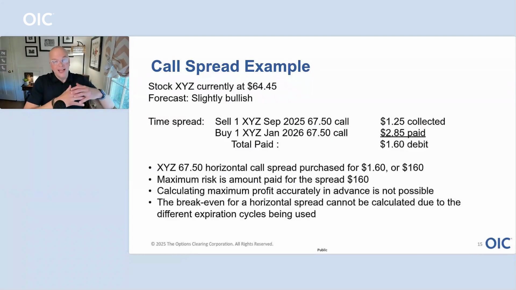It would be a spread inside that month, usually called a horizontal, or a vertical spread, or part of a condor, or a straddle, a strangle, whatever it is. In that case, they both have the same expiration date. And so you can draw a P&L graph that tells you, okay, if the stock expires here, this option's definitely worth this, and this option is definitely worth this, and you can plot it on a Cartesian kind of graph. In this case, you can't really do that because they have two differing